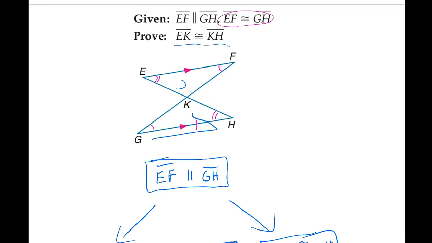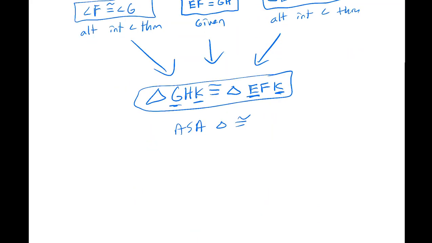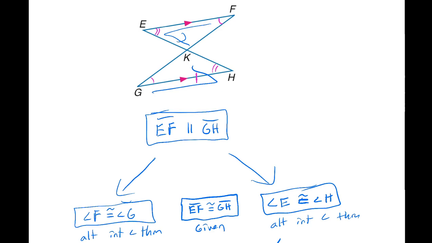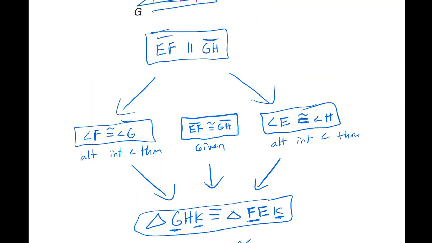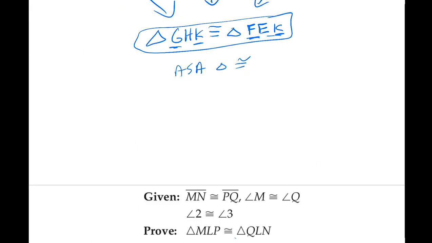Let's see. GHK, that's what I wrote, is matching with 1, 2. So FEK, is that what I wrote? I said FE, and then I wrote it wrong. FEK. See, good thing. Order matters, right? So 1 to 2 to nothing. FEK. There we go. So now EK should match KH. So EK matches KH, yes. So we know EK is congruent to KH, and that's by